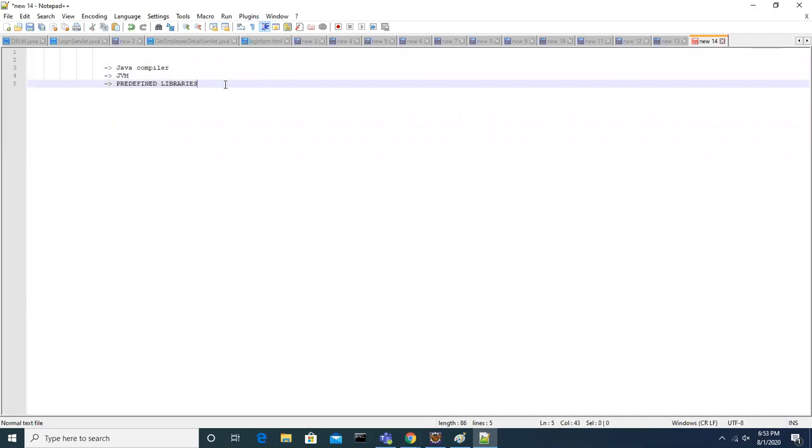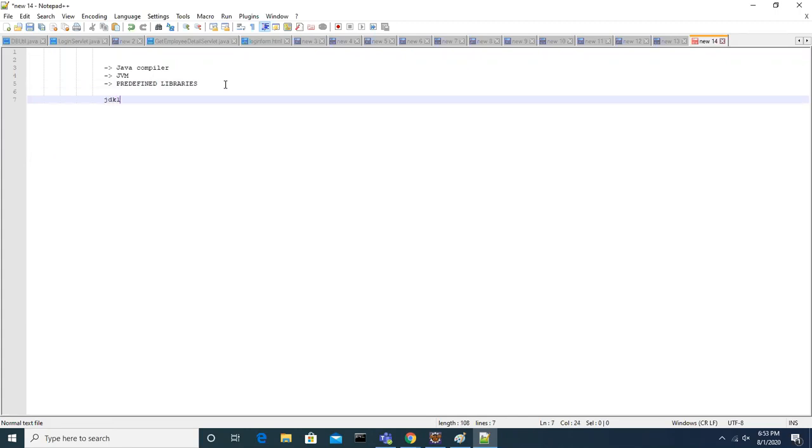Let's say JDK means Java Development Kit 1.0. So 1.0 has predefined classes. Compiler and JVM will change, that you know already. Predefined classes means a set of libraries like java.lang, java.util package, java.io package. These are all predefined libraries.